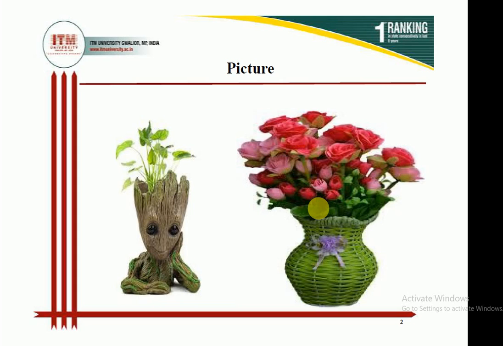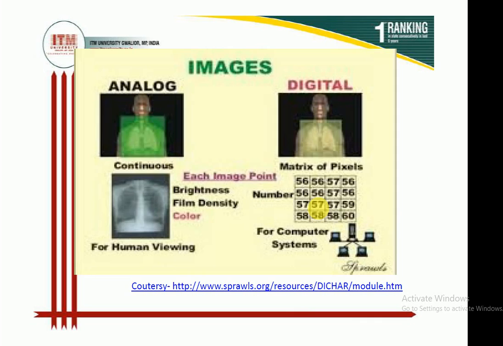The human eye can perceive a lot of information with the help of an image, because we have a sense to think or a sense to imagine what a particular image can depict to us. There are two types of image. The first one is the analog image, the second one is the digital image. An analog image is the image that we people see, and a digital image is the image that a computer sees or understands. An analog image is continuous, and a digital image is discrete.